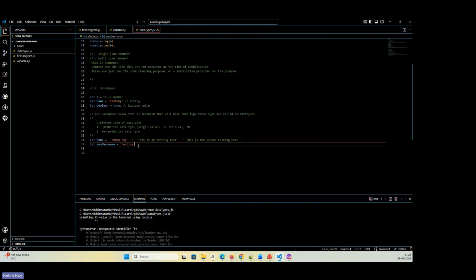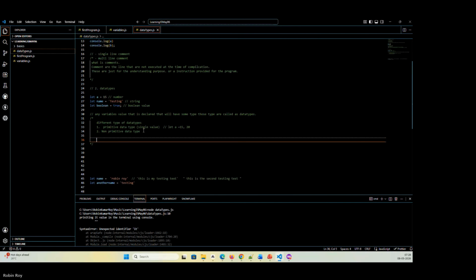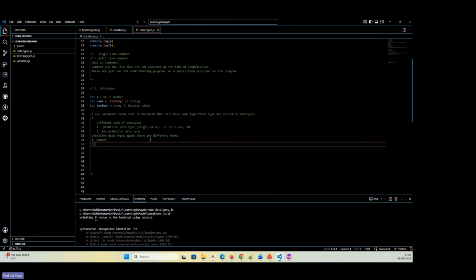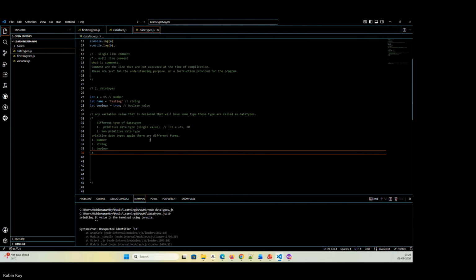single value. And inside the primitive data types, again, there are different forms. Both primitive and non-primitive data types have different forms. We'll start with the primitive. So first, for primitive data types, we have number, second, string, third, Boolean,